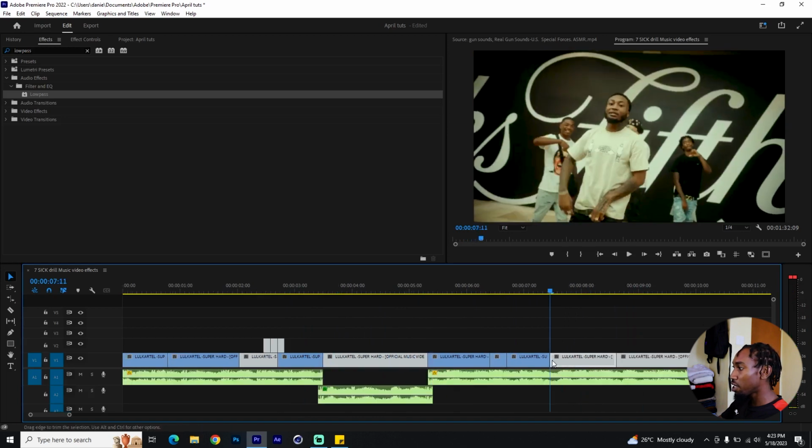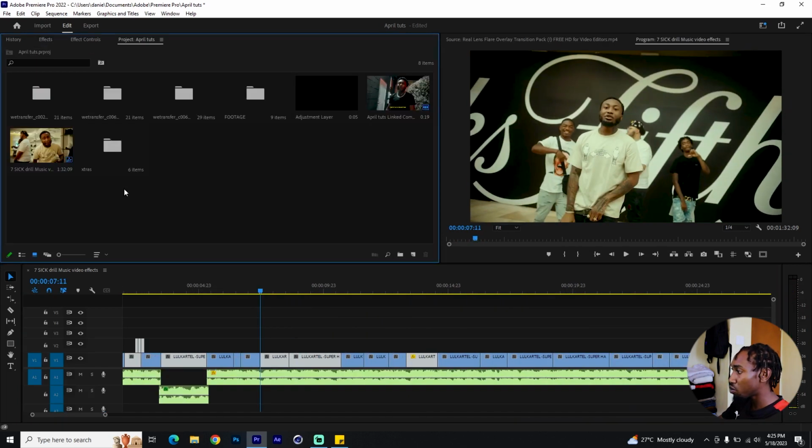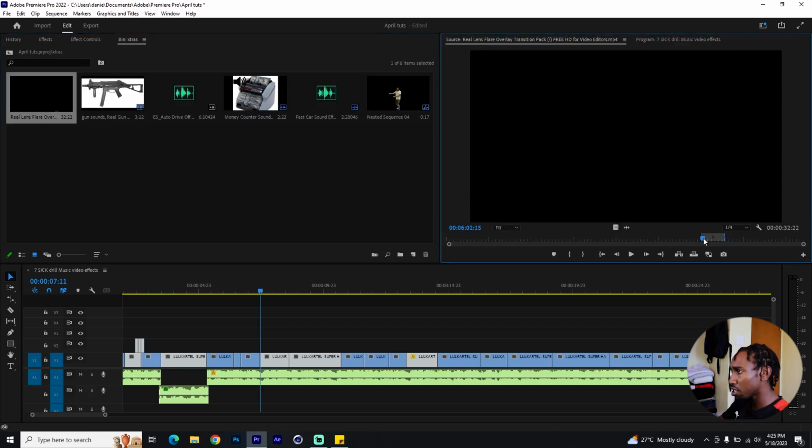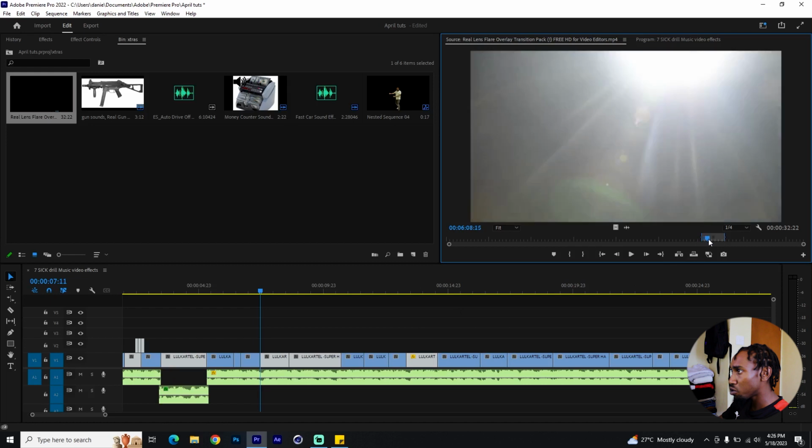Yeah, that's really easy. The third effect will be to add lens flares and dot overlays. So I have this lens flare that I got from YouTube. Any resources that I'm going to mention in this video, I will link everything down below so that you can also access it. So just pick an in and out with your lens flares,